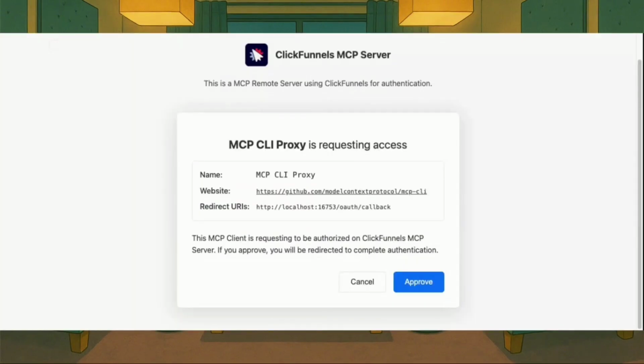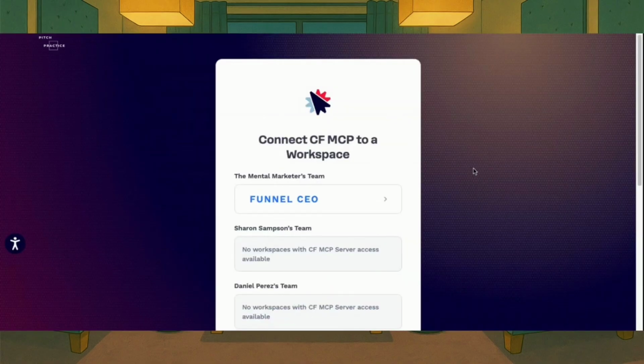First step, once you've added the MCP server to your account, you will get this to approve the server's access into one of your ClickFunnels accounts. You want to hit approve, and that will ask you to choose which account workspace you would like to add the MCP to. In this case, I will be adding this to the Funnel CEO on one of my